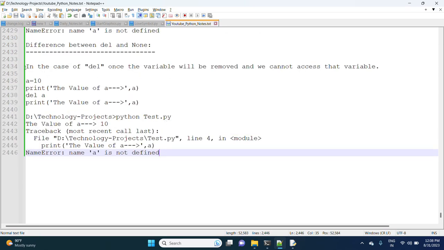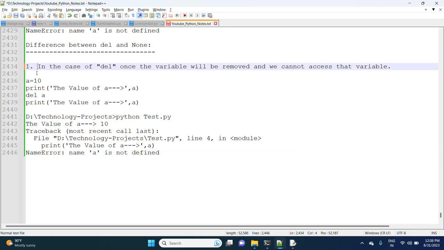But in the case of none, so what is the purpose of del? In the case of del, once the variable is removed, we cannot access that variable. But in the case of none,